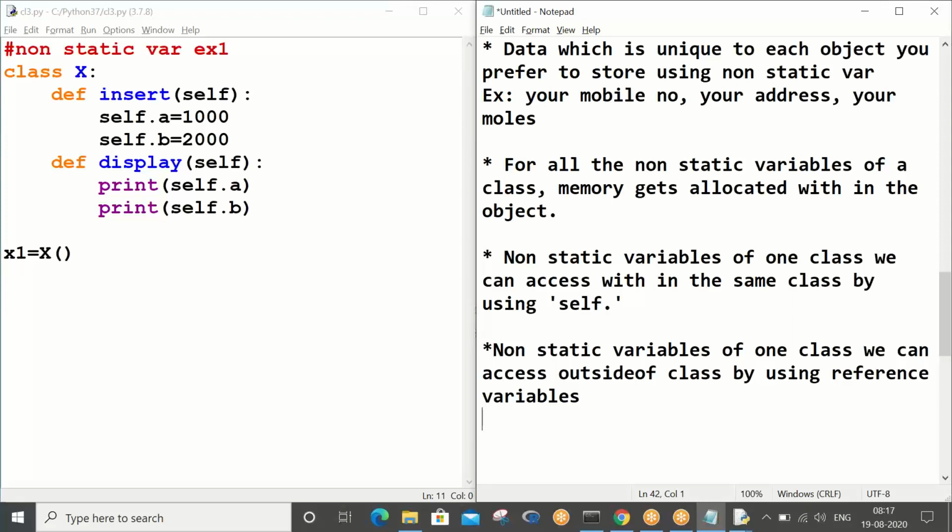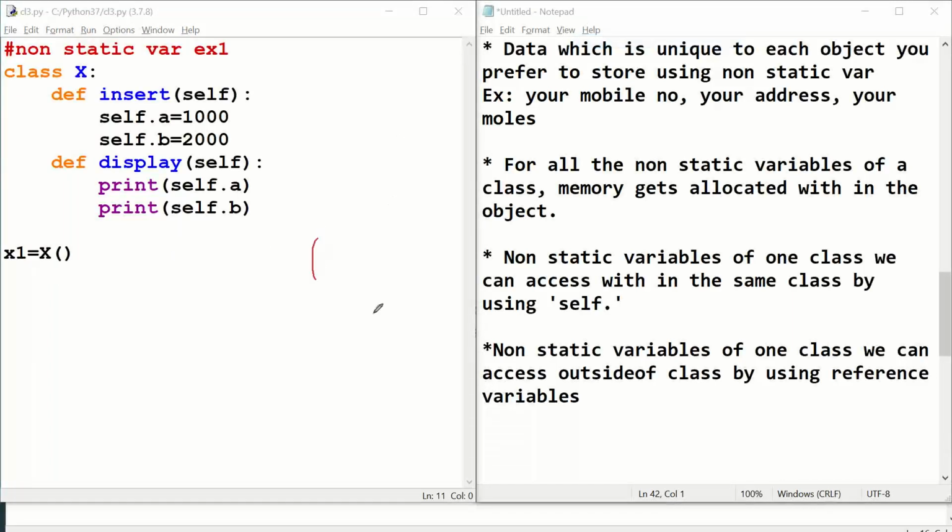But nothing happens when you execute your program, sir, unless you execute some method. That's the point you have to understand. Till now, just one object got created in memory with the help of this line, correct?